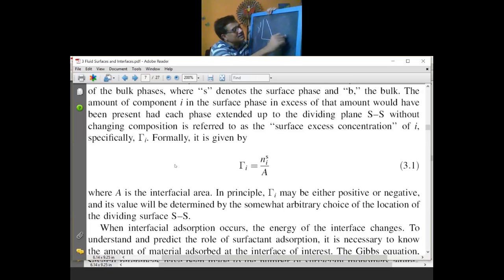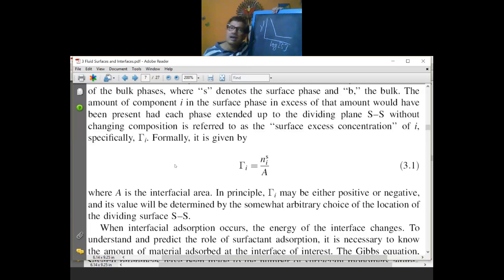profile looks like this. If you could recall the lecture when I discussed the different methods of determining the critical micelle concentration, I mentioned that surface tension is a method, electrical conductance is a method for ionic surfactant, fluorescence or dye solubilization is a technique, osmotic pressure measurement is a technique. Each and every technique can yield other information in addition to the critical micelle concentration.